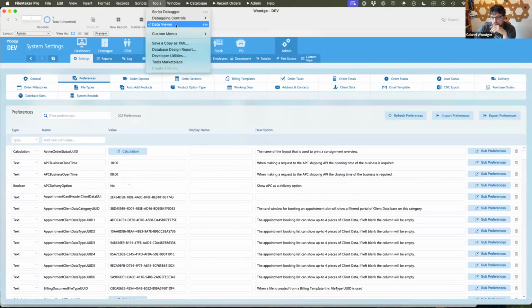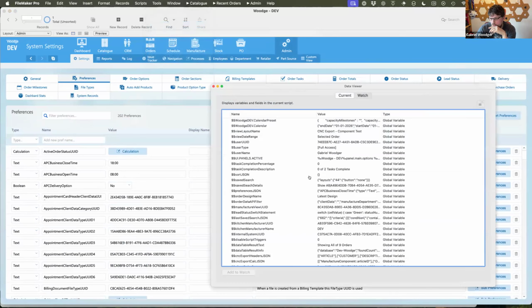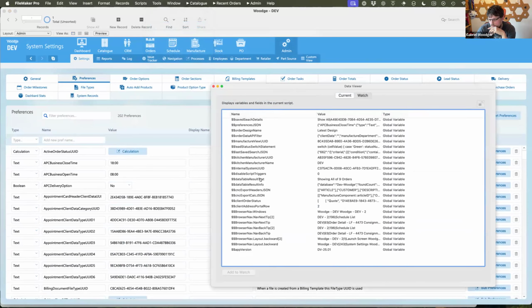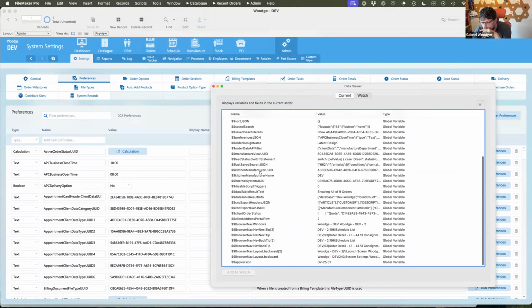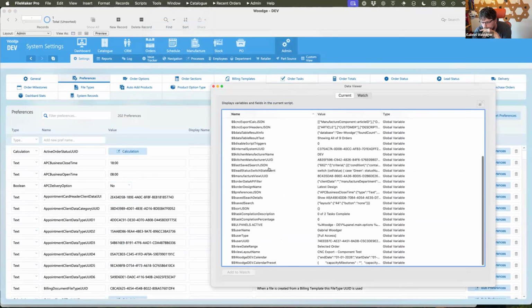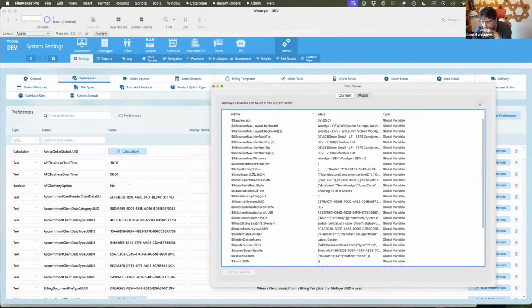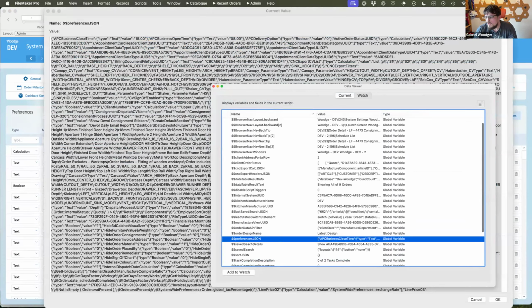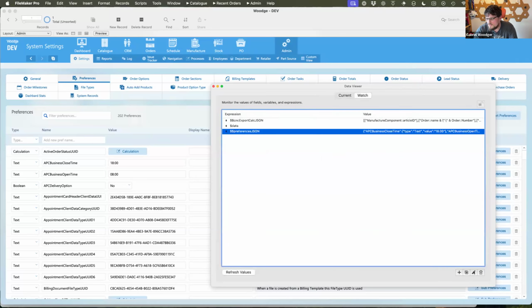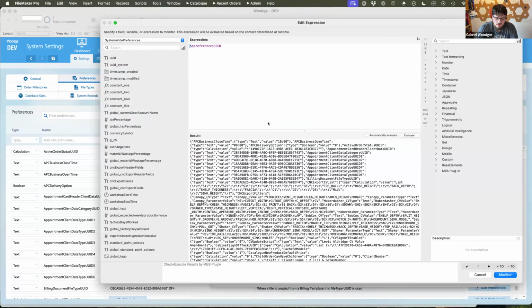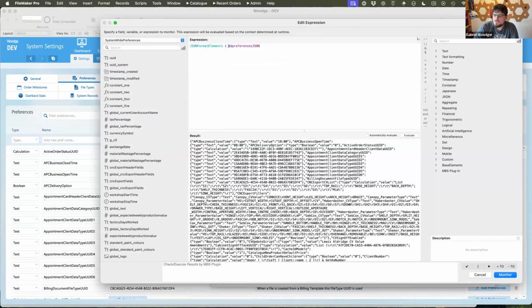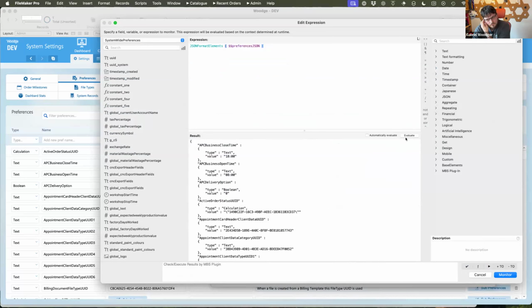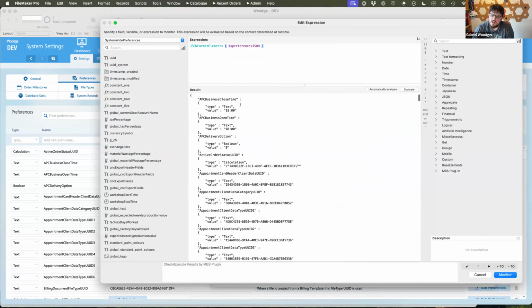So when the user logs in, where's my data viewer gone? We build a JSON object of user preferences, which is called, if I can remember what my things are called, preferences.json. Here we go. So with everything in the system, wherever anything needs to be changed per customer, what we do is put that inside of a preference, which can basically be a flat piece of information.